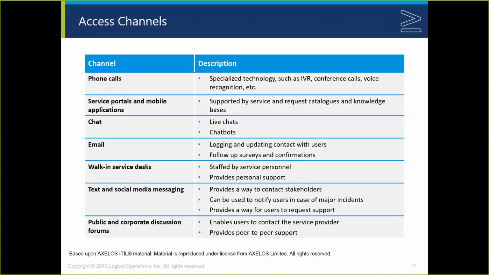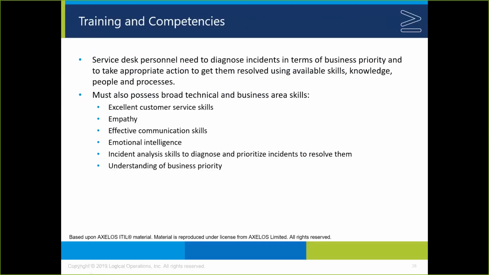Instead, they spend more energy talking about things like access channels. How do you get access to information? Of course, this could happen through the phone. It could happen through a service portal. Somebody could have a chat or a chatbot. You might have walk-in, bring your own device support of various kinds, text messaging, social media, and many other approaches. So the question becomes what engagement models make sense in the context of your particular customer?